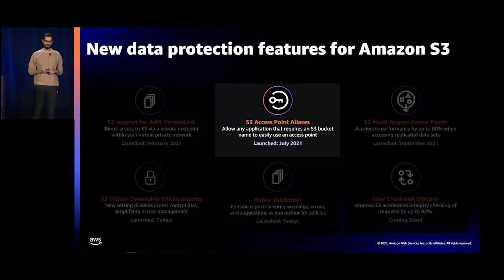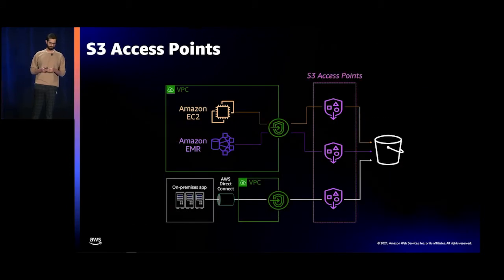So the next feature that we want to cover helps you manage the access to your shared data sets at scale. Back to our previous chart, except we are going to add this additional layer in here, which is S3 access points. S3 access points give you the ability to stand up multiple custom endpoints on your bucket. So in this case, you have 3 apps in your environment, and you can use access points to have a dedicated endpoint for each of these apps. And that allows you to write dedicated policies, segment traffic, or do a lot of stuff on the access control side, which makes it easier to manage.